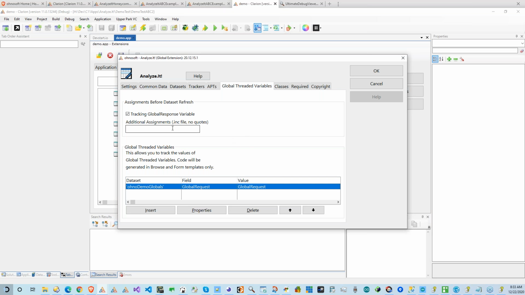Oh, okay. Rich is saying he's not sure how this relates to this. This is for additional assignments that you might want to do if you have multi-DLLs and you want to track these things. Now the global response, these will work in multi-DLL, but